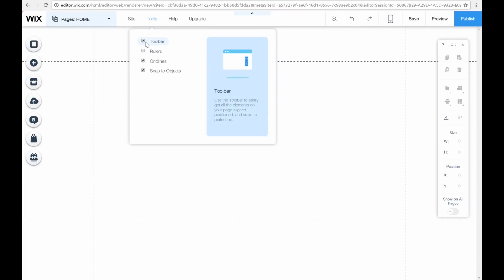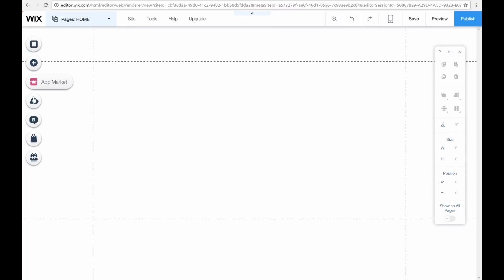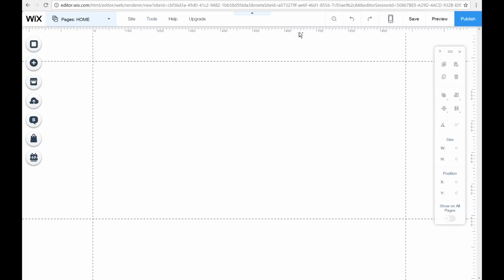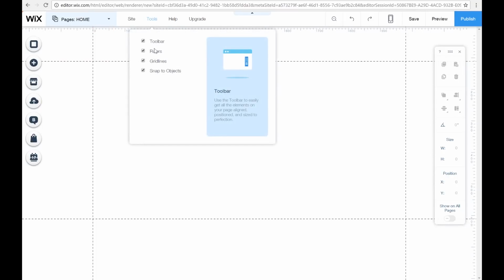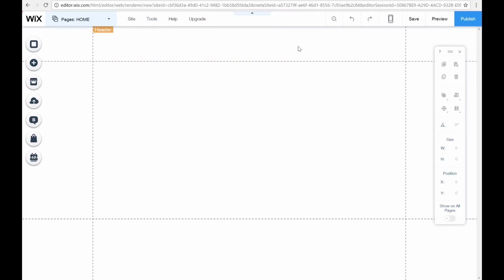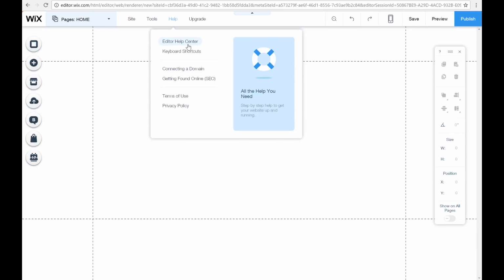We have toolbar, which is this little box right here, and this will allow you to edit your elements or sections that you add into your page. We also have rulers, as you can see is appeared at the top of the screen, but we will not need that today. Grid lines, which are marking out your header, page body and footer section. I feel they are essential. We have the help button, a step-by-step help to getting your website up and running. Keyboard shortcuts we won't be using.